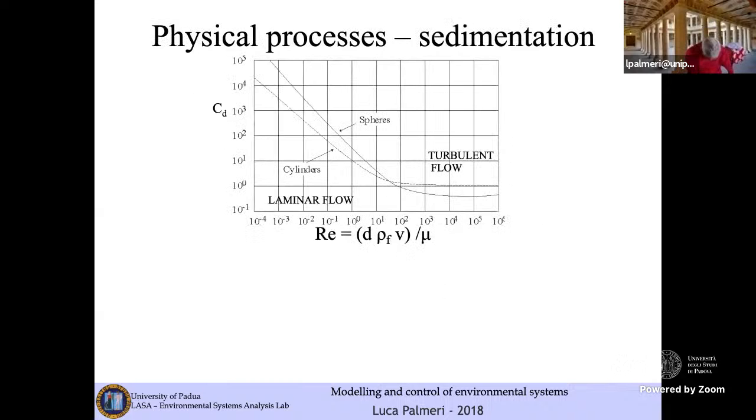This is the typical graph that is employed by engineers when they are describing conditions of flows. This plot describes the relationship between the drag coefficient CD and the Reynolds number. The Reynolds number may be expressed as a function of the diameter of a particle, the density of a fluid, and the settling speed or the speed of the particle itself divided by the,